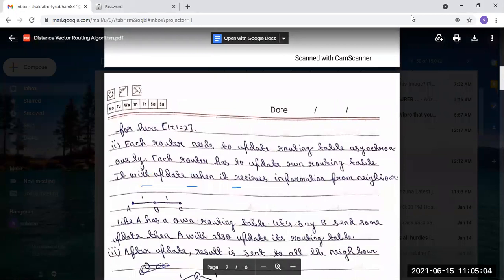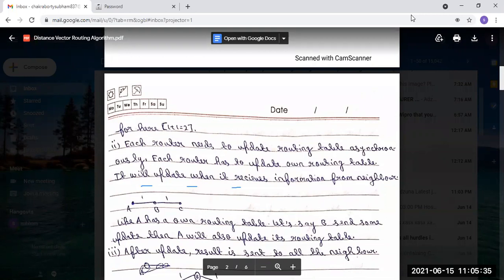Next, each router needs to update its routing table. We already know that in each router there is a routing table present, and the total route information is present in this routing table. Each router needs to update its routing table asynchronously.